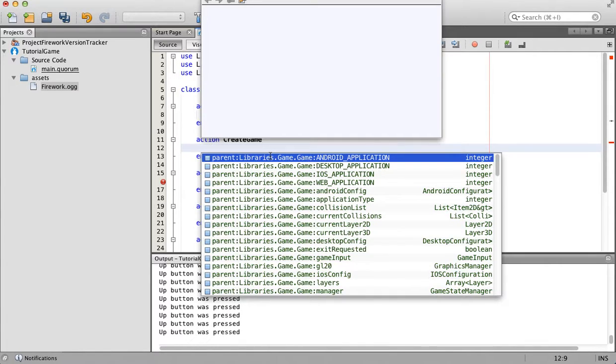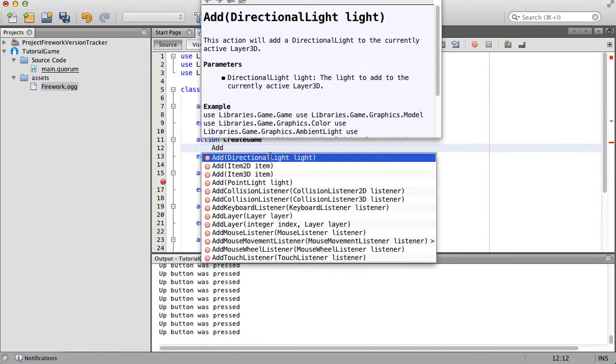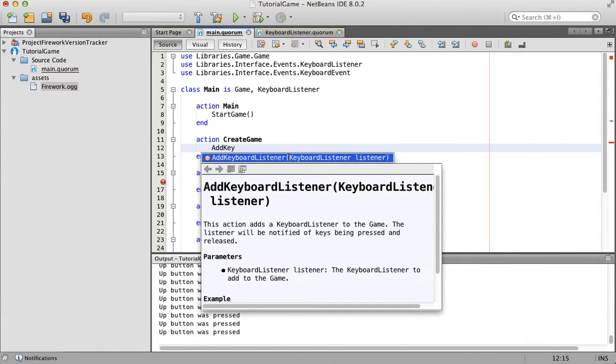So if you do control space or command space or whatever it may be, I believe it's control space on both platforms. I do it without thinking, so it's kind of one of those things where it's like, what's the key again? So what you want to do is find the add keyboard listener, and this will take